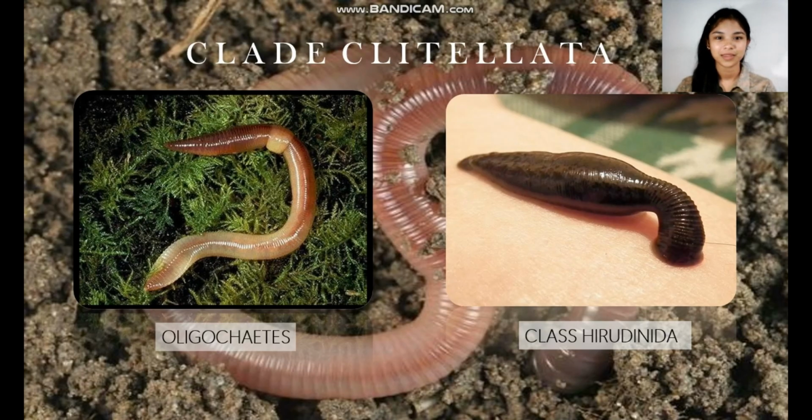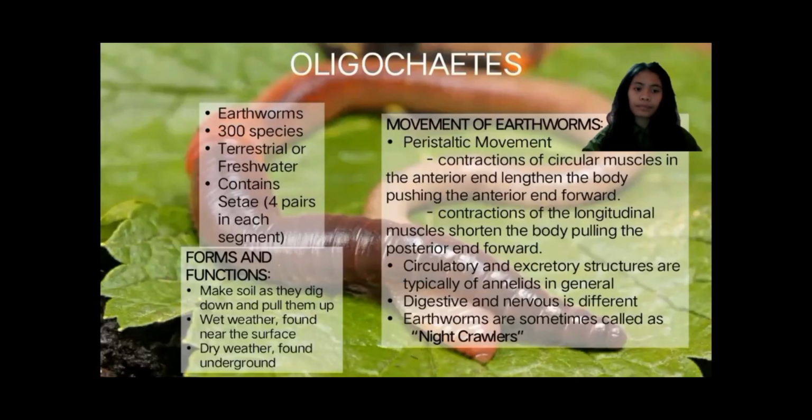So, moving on, let's tackle clade Clitellata, which consists of oligochaetes and class Hirudinea, which will be further discussed by my groupmate. Hello, I am tasked to report about